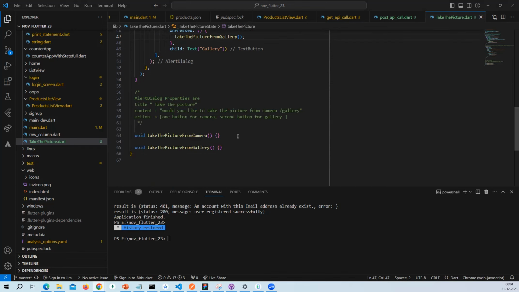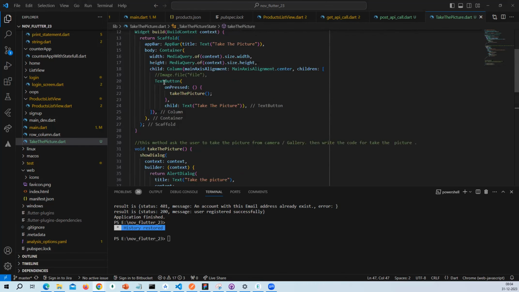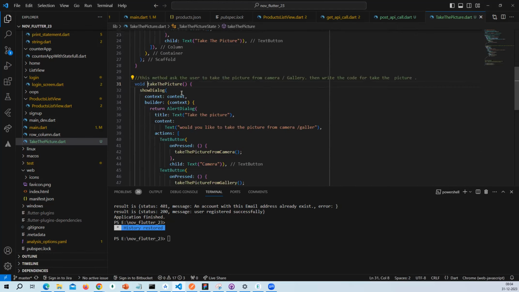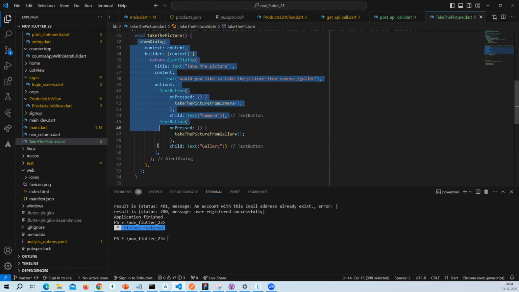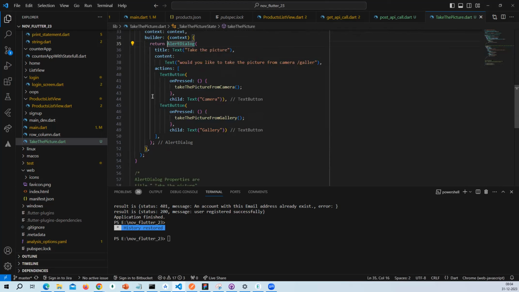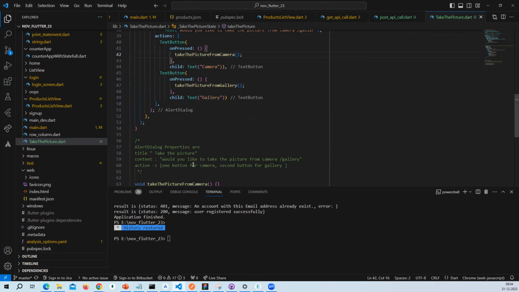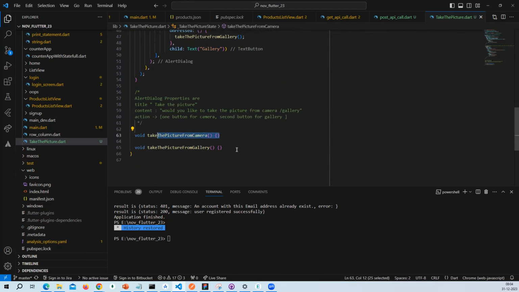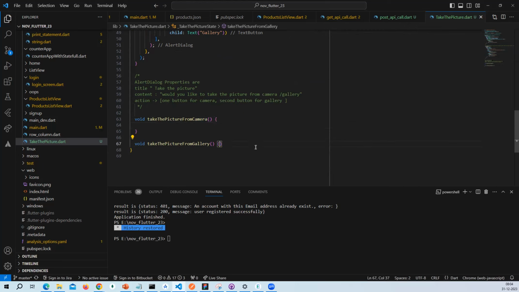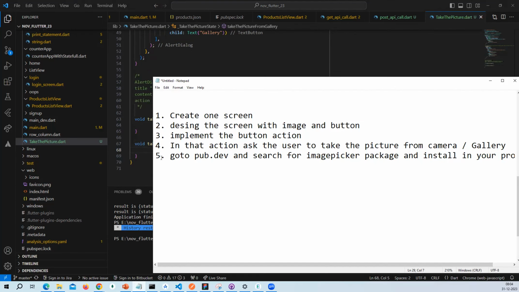Okay, now first of all, in this action I call the take the picture method. In this method, I call show alert. Inside the show alert, display the alert dialog. In the alert dialog, implement the two buttons. One is the text button for the camera, another for gallery. In this text button action, I call another method, take the picture from camera and gallery. Here, I need to write the code for the camera. Here, I need to write the code for the gallery. Okay, so the fourth step is completed, and the fifth one is